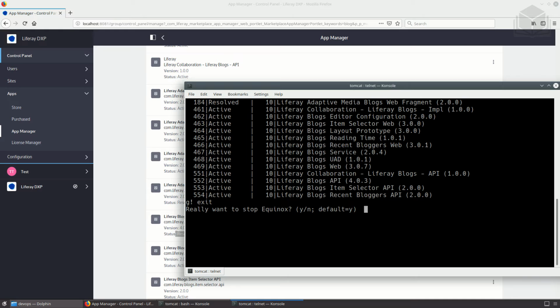Well, trust me, if you now answer yes, you will be out in your regular command shell, but exiting or stopping Equinox means that the whole OSGi runtime is stopped, which means you effectively broke down the server, which is probably not what you want. So no, I don't want this. What I actually want is